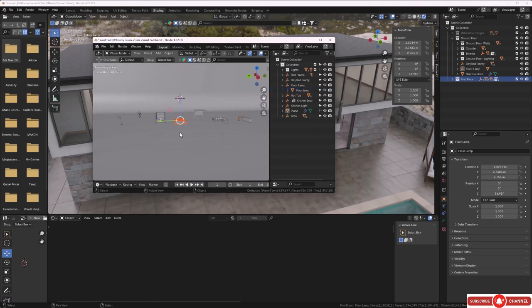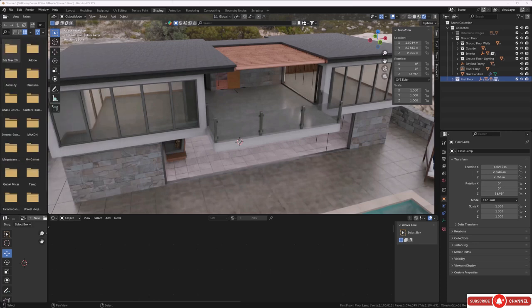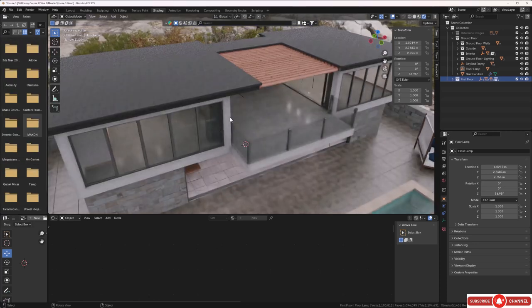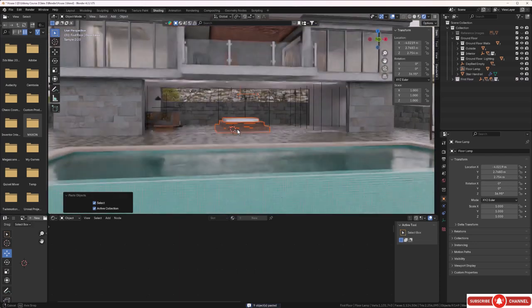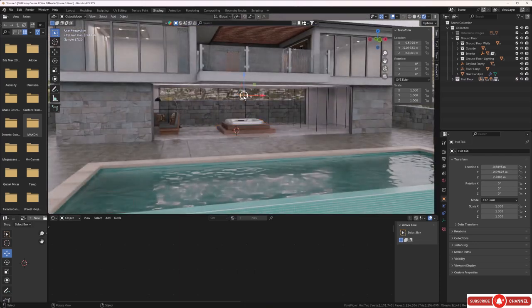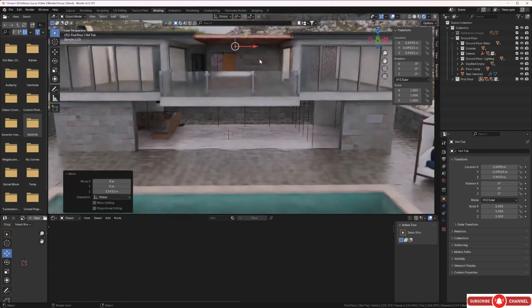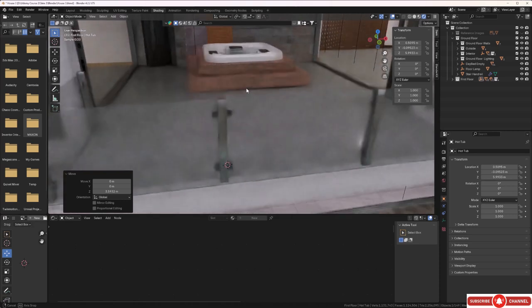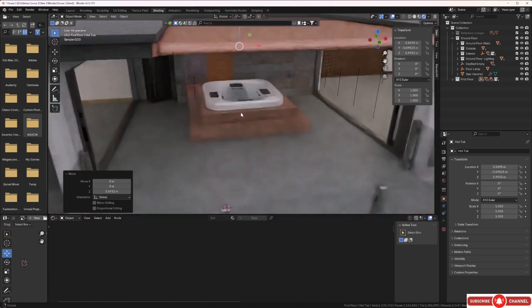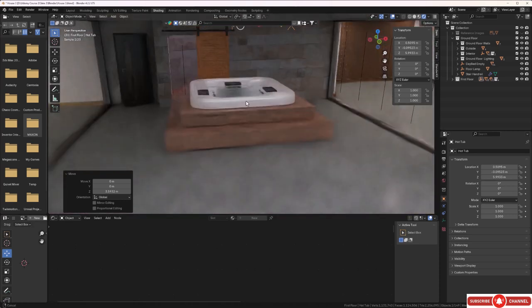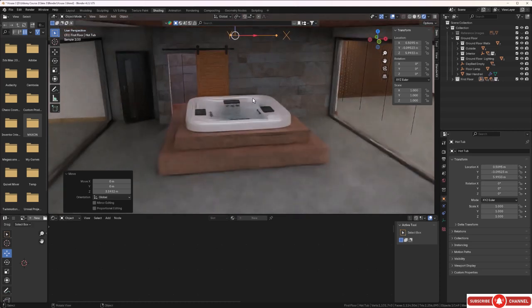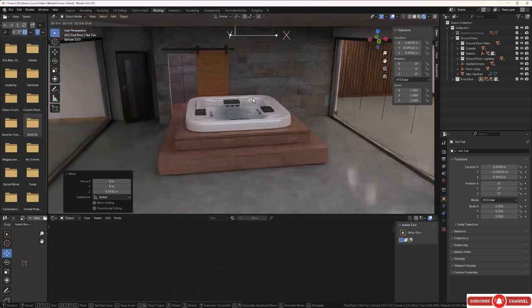And I'll press Control C. And I'll drag this out the way. And I'll press Control V and bring that in. So it's brought it in on the ground floor, so let's go ahead and bring this up. Let's go ahead and make sure the height is good on that next. So I'll press GZ to bring it down on the Z axis